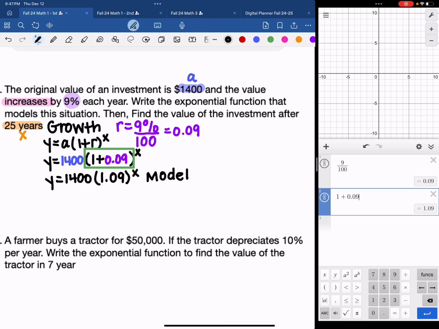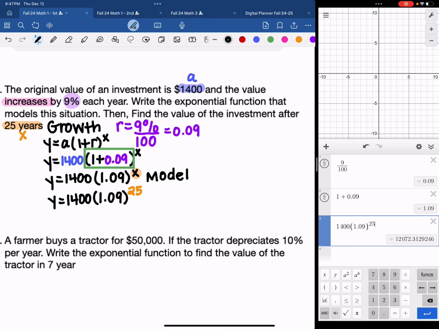Now what we're going to do is we're going to use that model and we're going to plug in 25. So we're going to say Y equals 1,400 times 1.09, and we're going to raise that to 25. We're calculating what this should equal. So if I go to Desmos, I'm going to type it in just like I see it. So 1,400 times 1.09. And we're going to raise that to, make sure you go outside the parentheses and raise